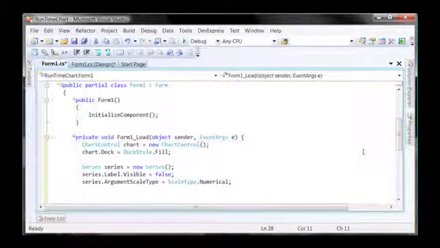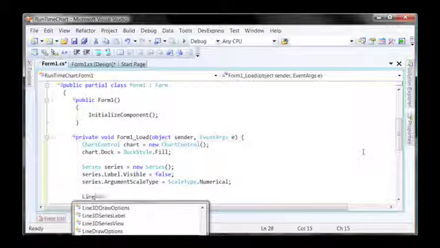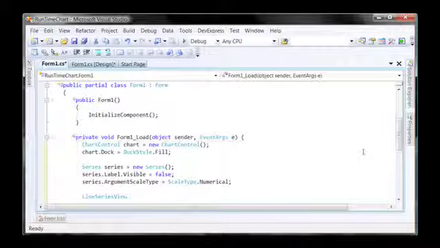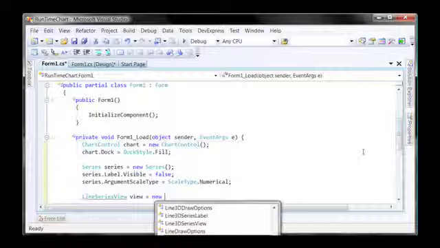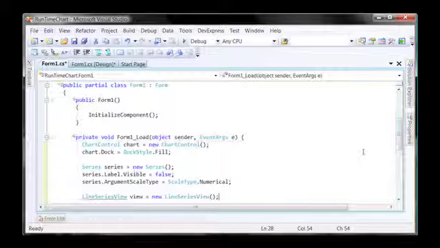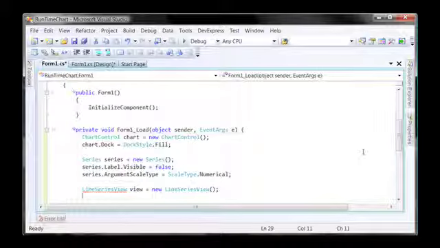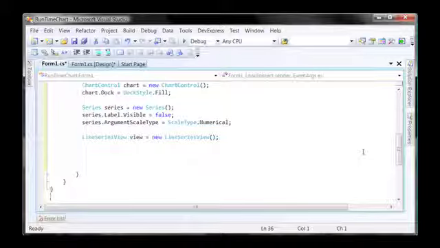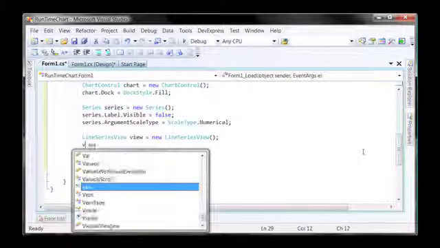Now we've created the series, I'll add the points in a moment. We need to create a view for the chart control. The view, because I'm creating a line series chart, is the LineSeriesView. Obviously, if you're creating a bar chart, it'll be the BarSeriesView, and so on and so forth. So the view, create a new one. There we go. Let's just move this down a bit. So the view itself,